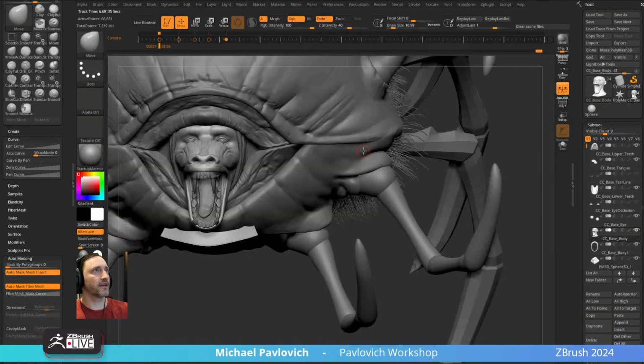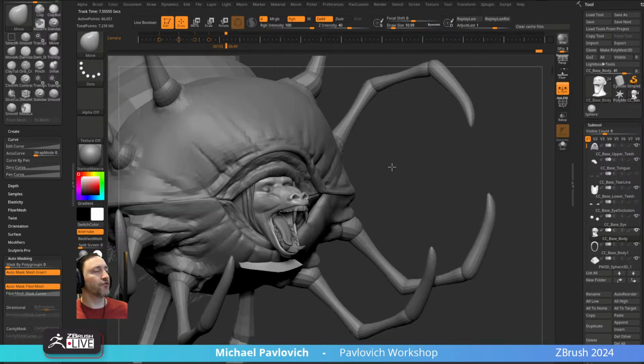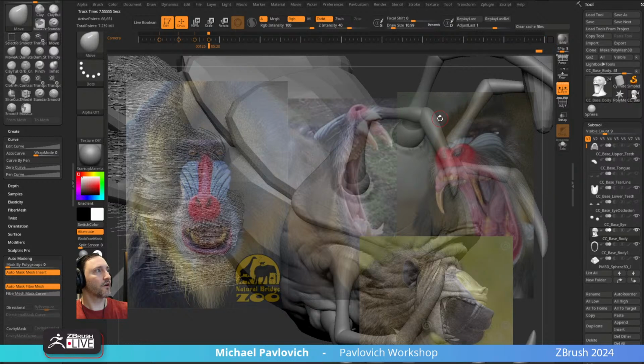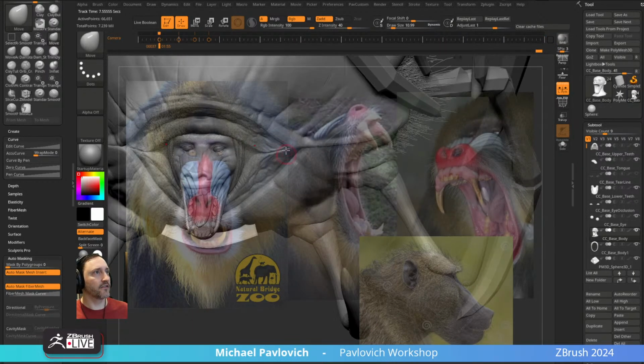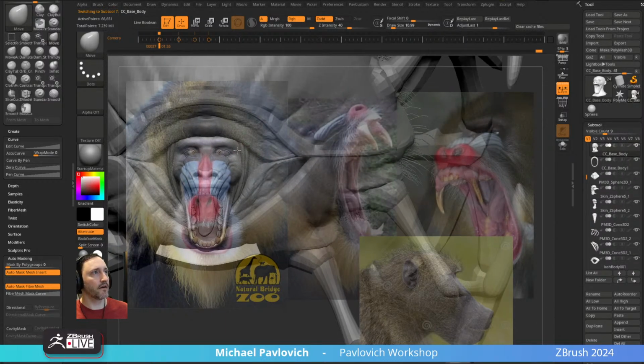Then you can use your arrow keys to cycle through your dots. And if you want to get rid of a dot, you can just drag it out and it's deleted. Usually what I'll do is bring our reference back, go through our reference here, and if I've done major changes, like we've moved the head around, I'll go back through and